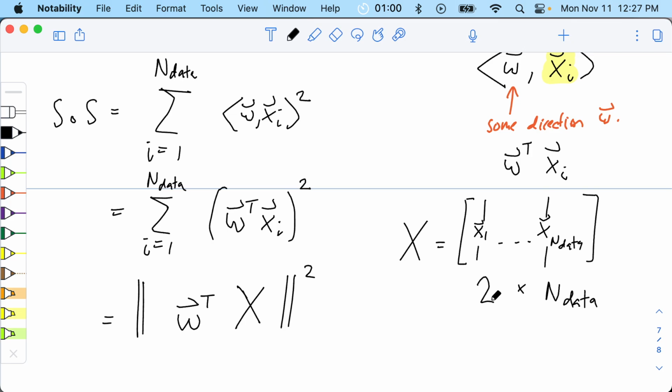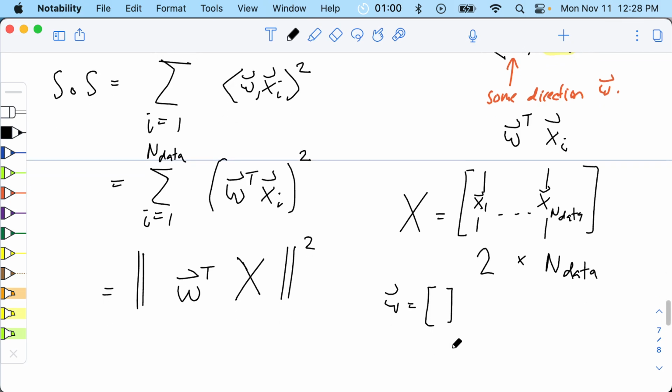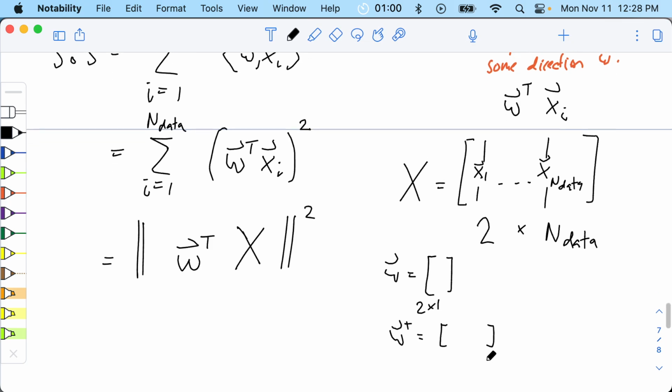So all our data is 2-dimensional. Every single data point is 2-dimensional. And w is a 2-dimensional vector, so w is a 2-by-1 vector. So w transpose is 1-by-2. It's a row vector. And so if you do w transpose times x, this is a 1-by-2 times a 2-by-n data matrix. So when you do this matrix multiplication, you get a 1-by-n data vector,